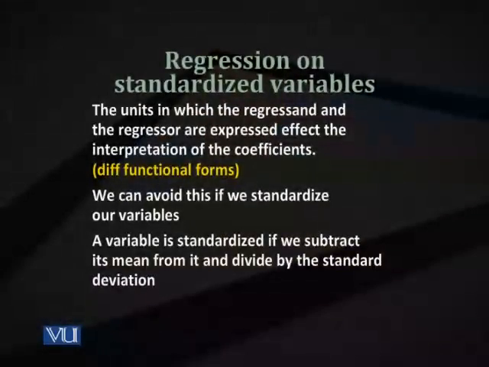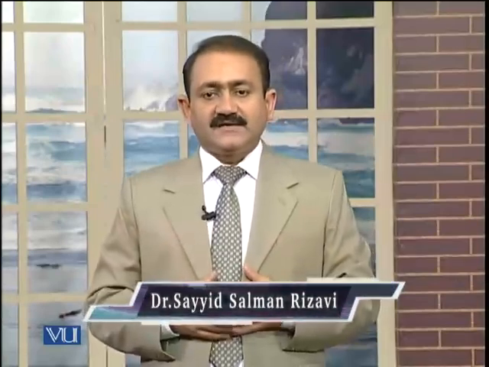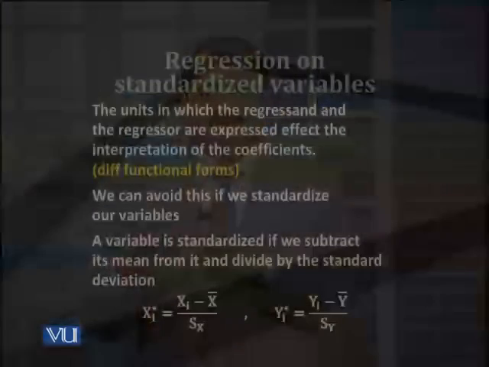So to make them comparable, we standardize the variables, and the standardized variables are used in what we call a standardized regression. The parameters that are estimated by regressing a standardized variable on the other standardized variable or variables are called standardized coefficients or beta coefficients. You must know about the z-scores or standard normal distribution. In the same way, if we subtract the arithmetic mean of a variable from the variable's observation and divide by the standard deviation, we get it in a standardized form.